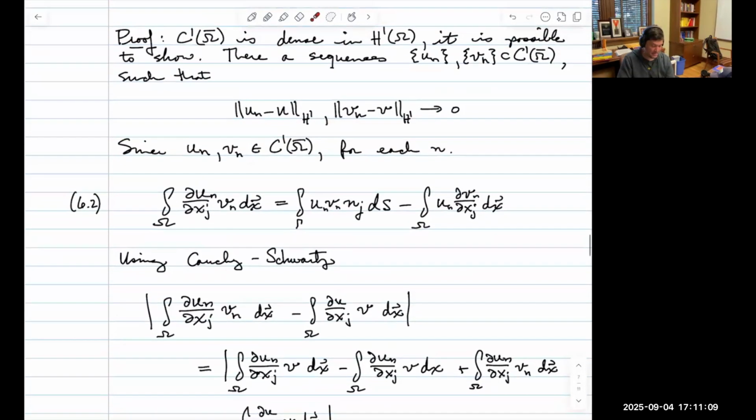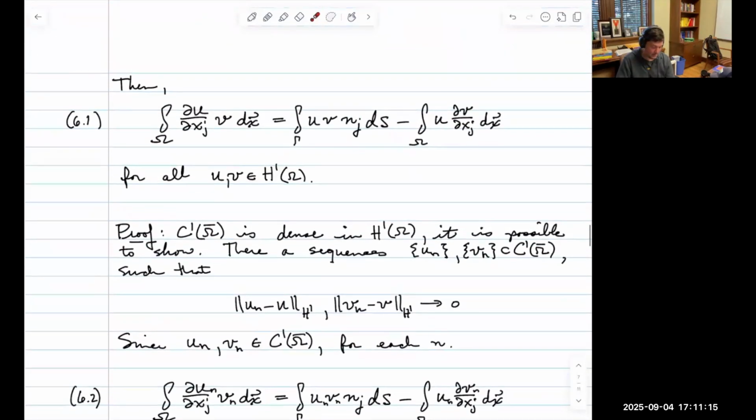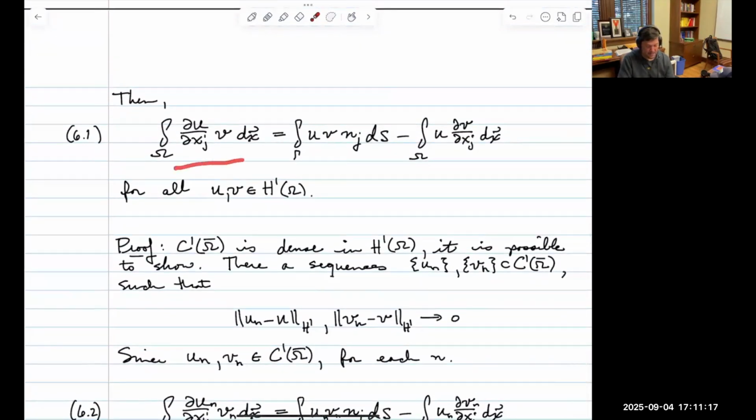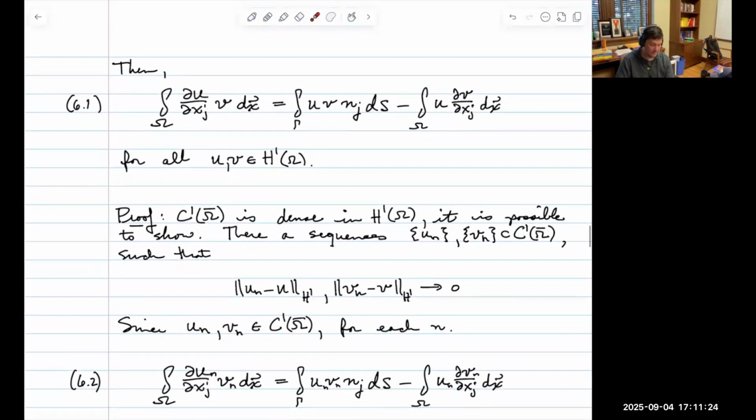What does it mean to pass the limit? That just means take the limit as n goes to infinity of each one of these terms. What do you get? Well, you precisely get each one of these integrals in exactly the right places. And so that says that because I know that the formula holds for C1, and I know that I have this particular density result, I can show that this formula holds more generally for functions that are rougher, namely functions